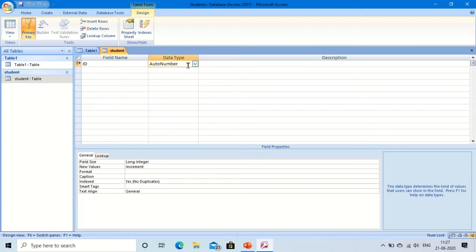Data type tells the nature of data. Suppose you have the attribute name. Name takes only alphabets, textual things. Suppose you have age, so age takes a numerical value. Suppose you have a mobile number, so mobile number takes a numerical value. Suppose you have a fee, so fee takes a currency value. So as per your attributes, we have to decide what the data type will be. First we will understand data types, then we'll come to know how to create this complete table. So here we just understood how to create a table.